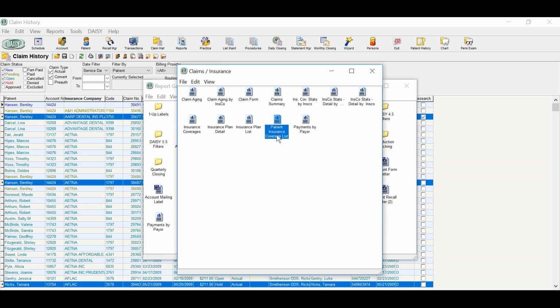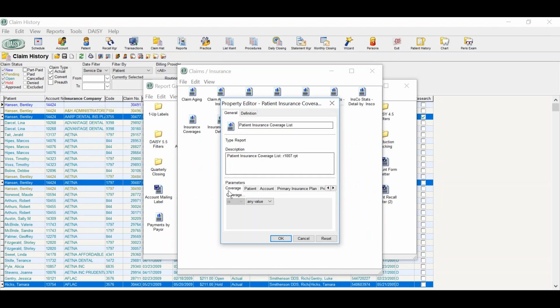Patient insurance coverage list is a nice report as well. When you come into the properties of this report, you'll see several different things. You can use this coverage field to indicate whether or not the patient has dual coverage versus single coverage. You can look up specific patient information for insurance coverage, insurance plan information,